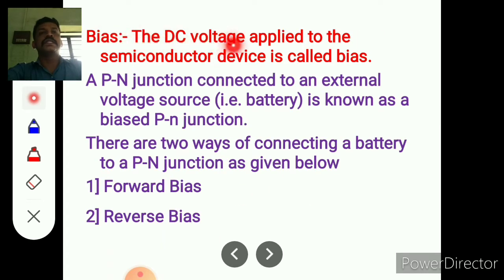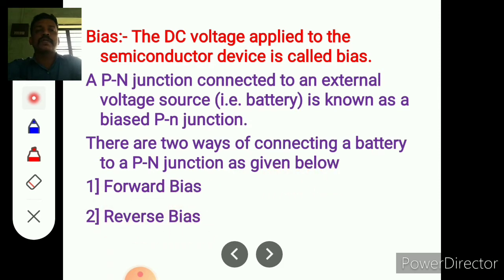Bias. The DC voltage applied to the semiconductor device is called bias. Means any DC voltage supply given to the semiconductor device or a PN junction diode is known as bias. A PN junction connected to the external voltage source, that is a battery, is known as a biased PN junction. There are two types of connecting a battery to a PN junction as given below, that is forward bias